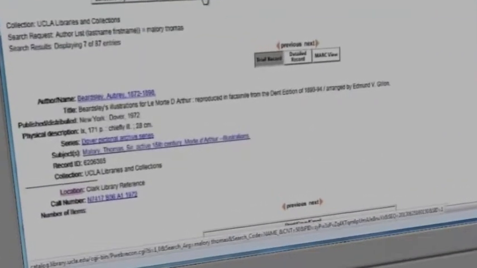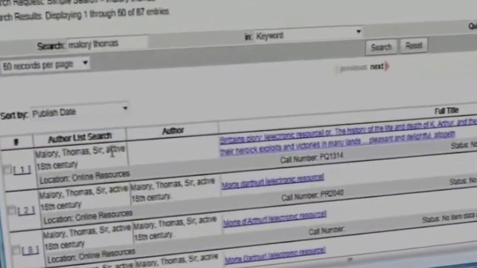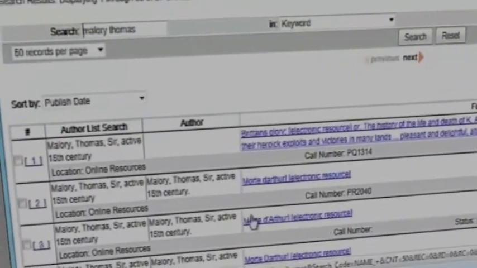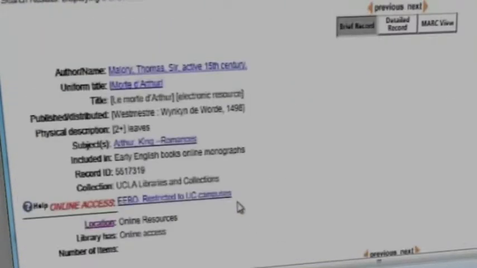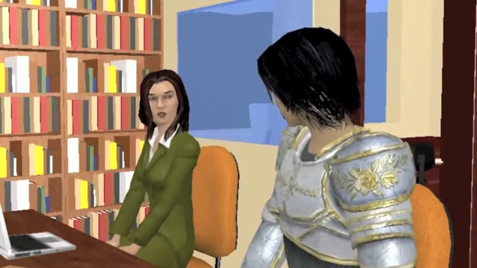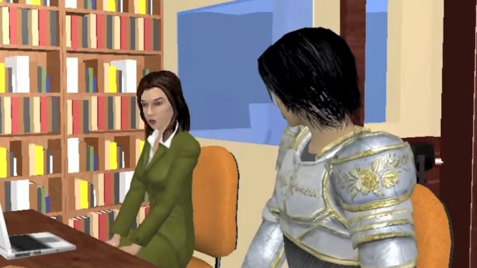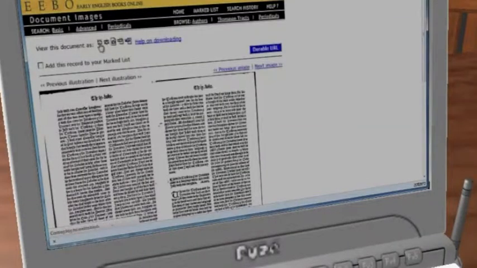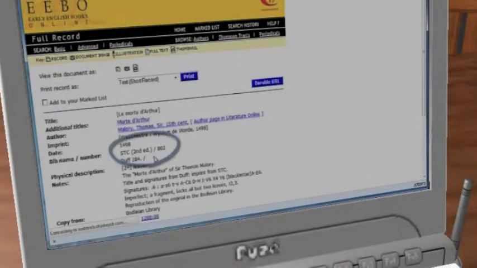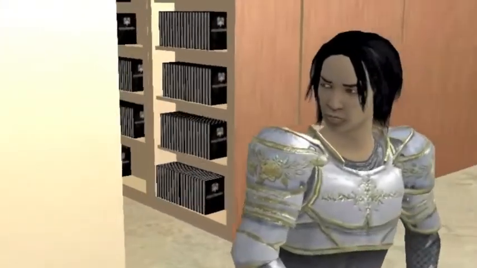But wait, there's even more. In addition to rare print copies housed in primary text collections, look what happens when we sort by publication date. We get links to online facsimiles of early editions through the Early English Books Online database. You can search Early English Books Online directly, or EEBO as it's sometimes called. And there's a link to it in the Research Guide for Literatures in English and in the list of databases, but records for works that we can access through EEBO are also included in our library catalog with links to the actual texts. I'm astonished. I had no idea such riches were within such easy reach.